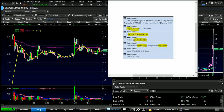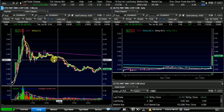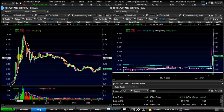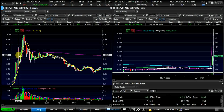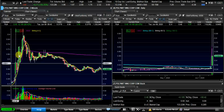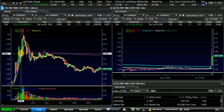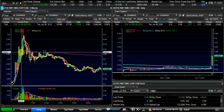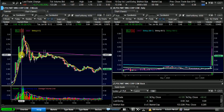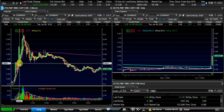Next trade we'll go over is PLM. Next trade I got in was PLM, which was a fast, quick one, which are my favorites. So I got in right here, right at 65 cents, around 10:11. So right here on this candle. So my game plan was for this. We just got a trend line VWAP cross right there at 10 o'clock on an increase in volume, and then